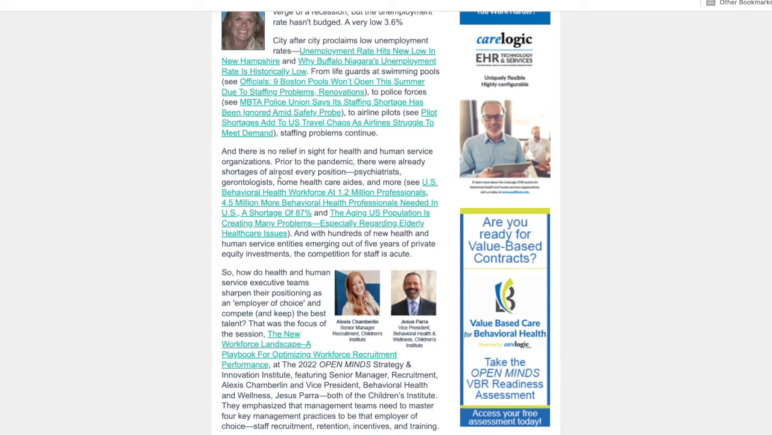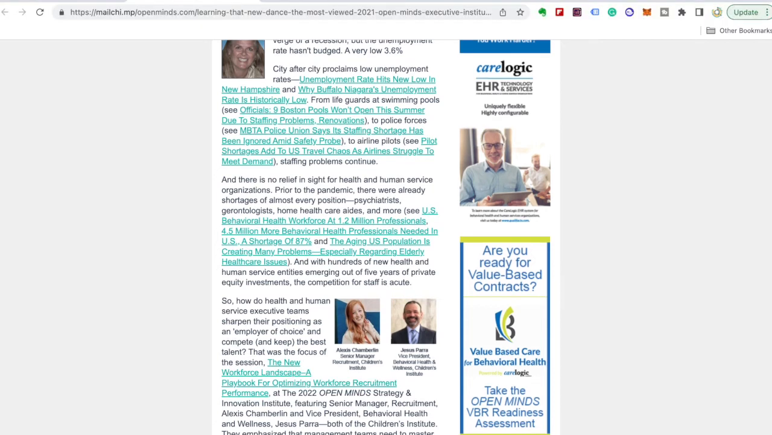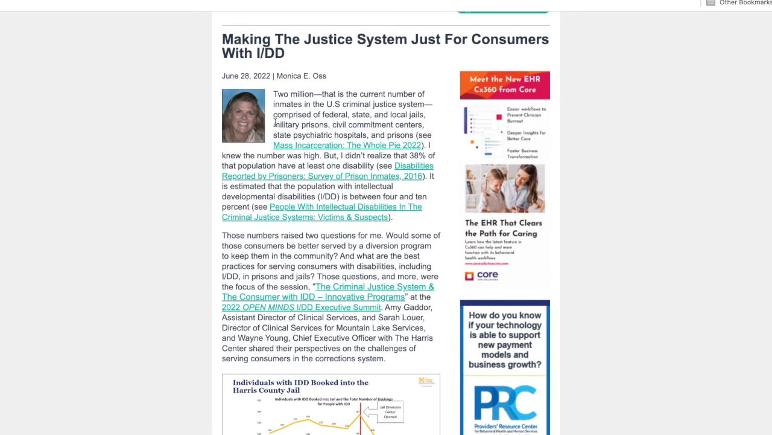Moving on. Another great article that I noticed was making the justice system just for consumers with IDD. 2 million. That is the current number of inmates in the U.S. criminal justice system, comprised of federal, state, and local jails, military prisons, civil commitment centers, state psychiatric hospitals, and prisons. I knew the number was high, but I didn't realize that 38% of the population have at least one disability. It is estimated that the population with ID is between 4 and 10%. All right, so that's Monica E. Oss at